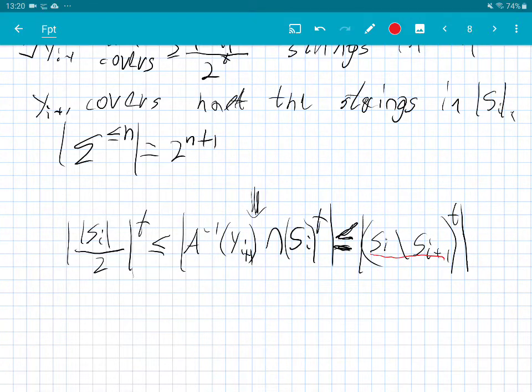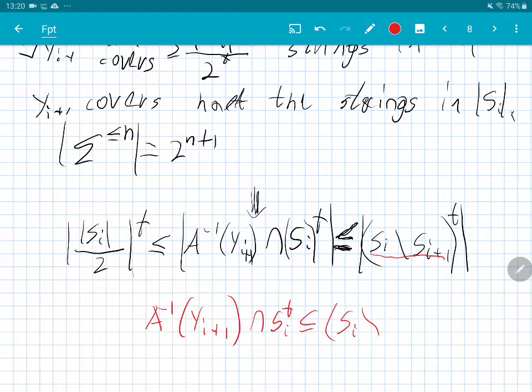Okay, to see why this is true, you need to look at the following bizarre inequality. So let me write it, and then we argue why it's true. A to the minus 1 of y_{i+1}, intersection with S_i to the t, is contained in (S_i minus S_{i+1}) to the t. Okay, so to see why this is true, observe that